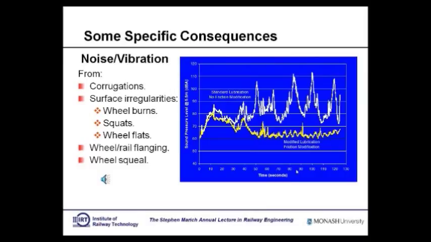Noise. Very interesting. If you get corrugations, the noise will come from your corrugations. The noise will come from all these kinds of surface irregularity: wheel burns, squats, wheel flats. And you also have, now he comes in. Sorry, I stand unprepared here because this is a unique system. You've got it on max level. You also